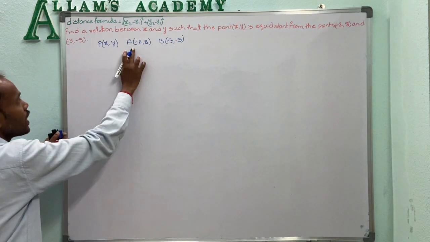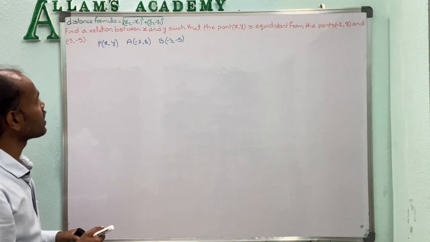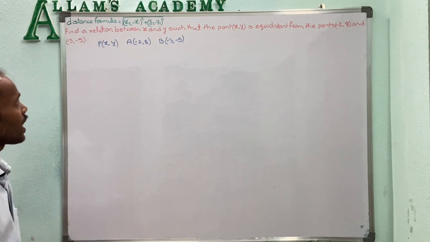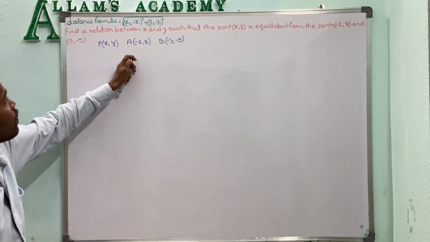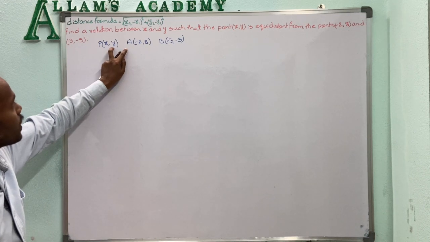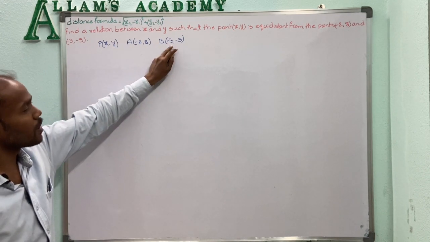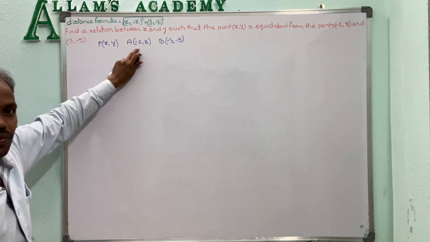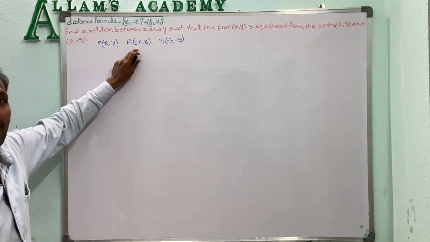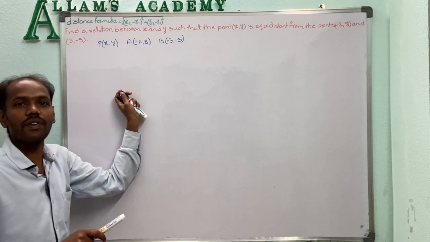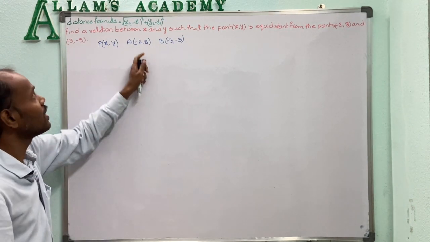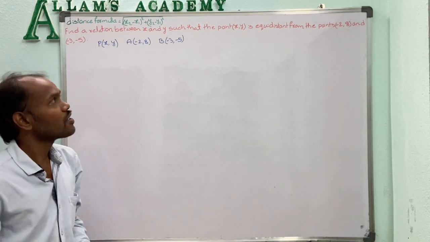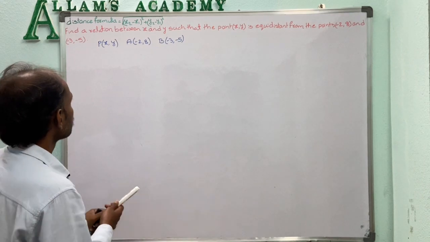Now the distance between P and A, that much distance only is there between P and B; they are equal, as given. So we find the distance between the points P and A and the distance between P and B. To find the distance we have to use the distance formula. Distance formula: if x1, y1 and x2, y2 are the coordinates given, then the distance is under root (x2 minus x1) whole square plus (y2 minus y1) whole square. So now we apply that here.